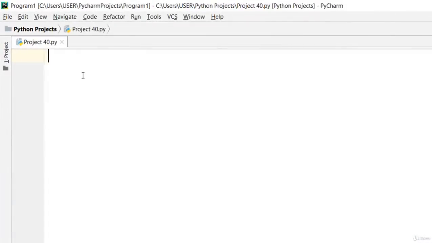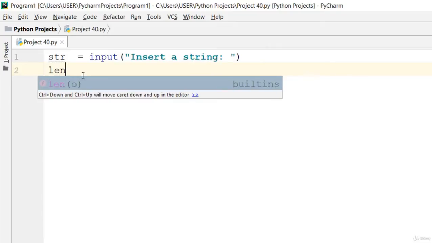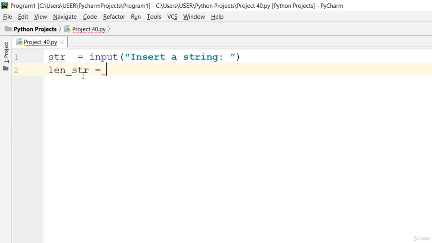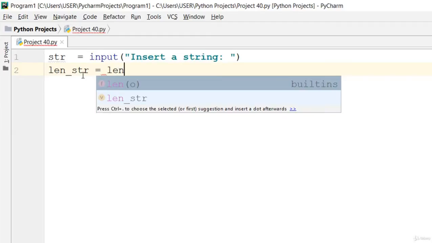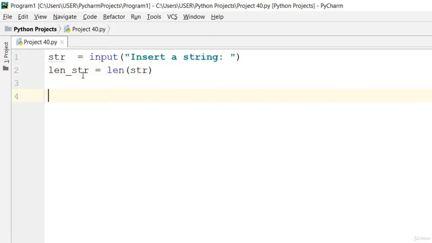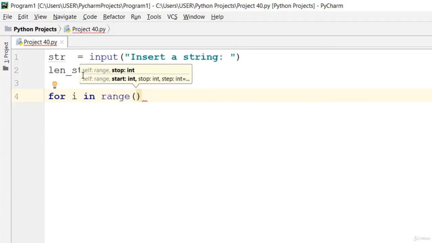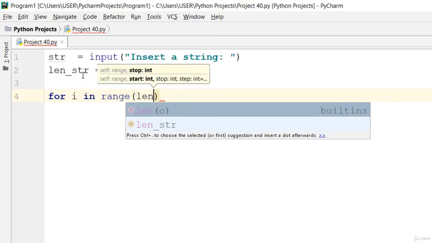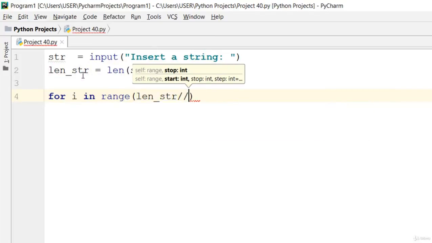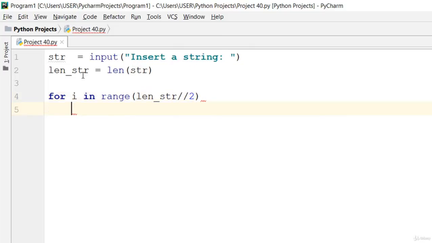So let's kick off immediately by creating a string variable using input, and let the user insert a string. Whatever string the user inserts, we'll check out the length of that. So let's say length_str is equal to length, and pass in the value of str right in there. Now we'll use the for loop: for i in range of length_str divided by 2,